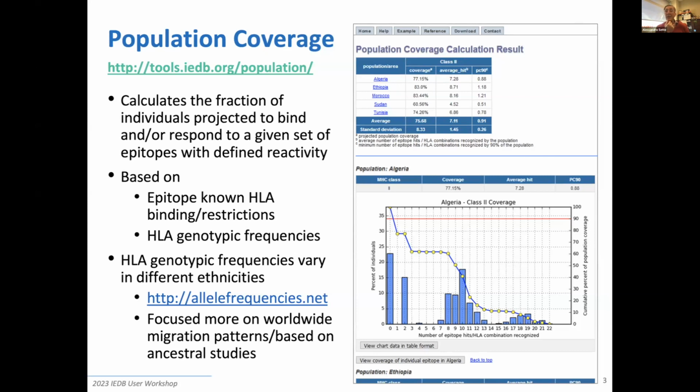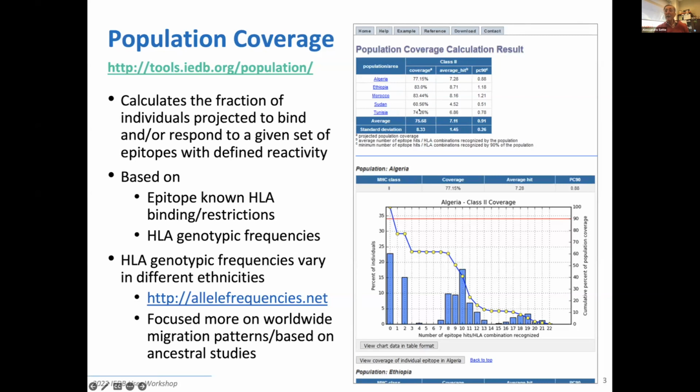And here you can select, for example, different locations, because as we all know, HLA frequency varies as a function of different ethnicity. And the output here is in a table form where it says what fraction of the population is